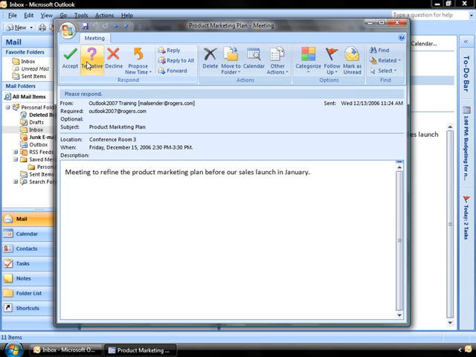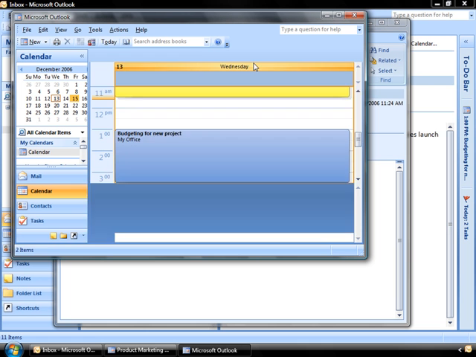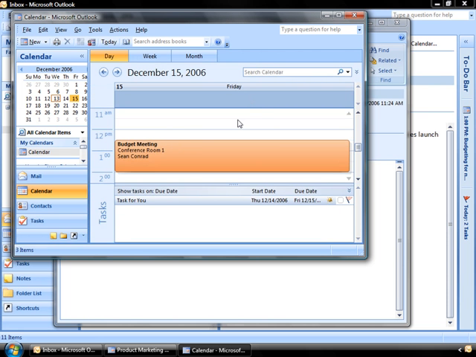Now, I could either accept or decline or set it as tentatively accepted at this point, or I can choose to go into the Actions group and click on Calendar. And this is great because the issue really is, I've been invited to take part in this meeting. Does it fit into my calendar or not? Do I have time? If I click on Calendar, it's going to take me directly to that day on the